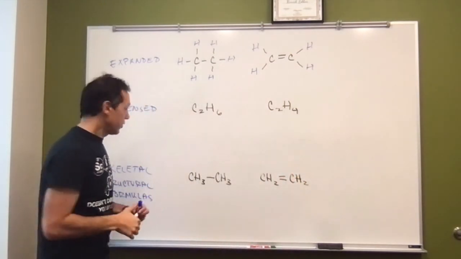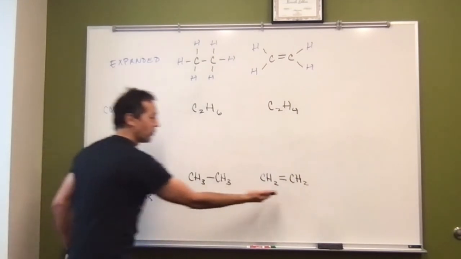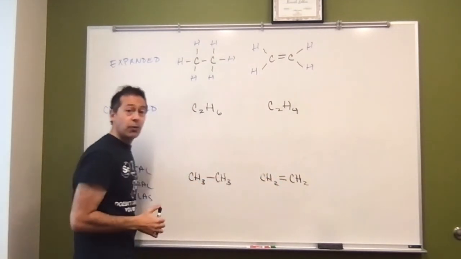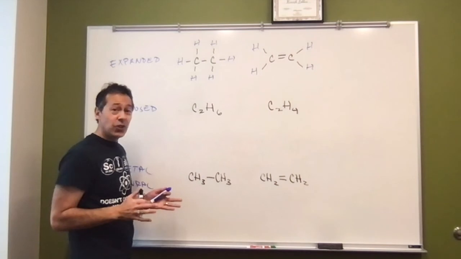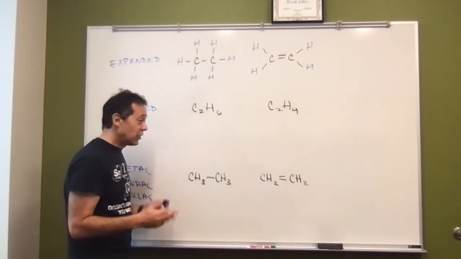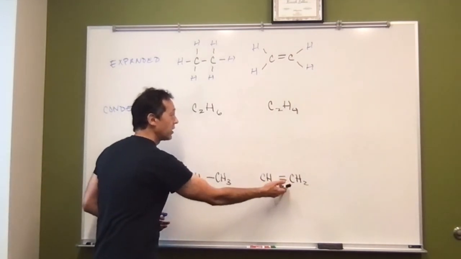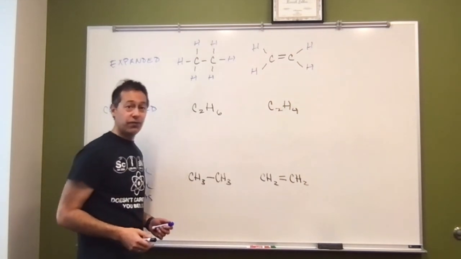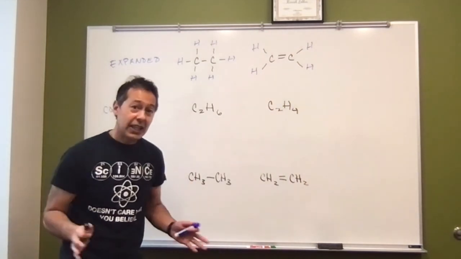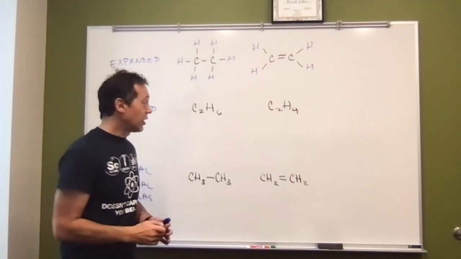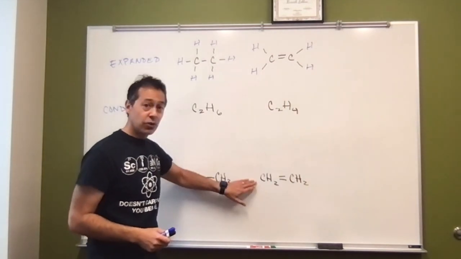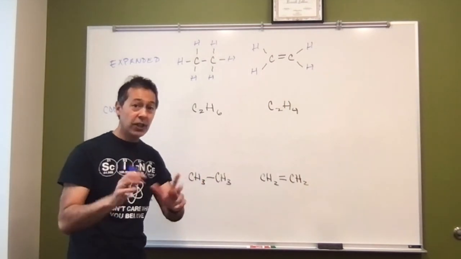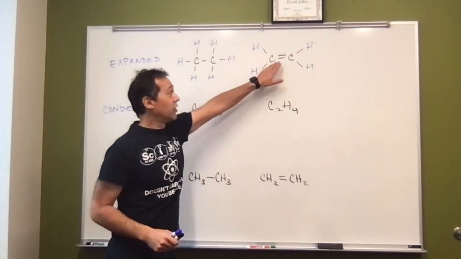And so this skeletal structural formula shows us that there's a double bond there. And it's a little bit easier then to see that there's a double bond here, whereas this one you just have to infer. Now again, organic chemists are a little bit lazy. Sometimes they'll draw it like this, sometimes they'll draw it like this, and they just assume that you can see that there's a double bond in